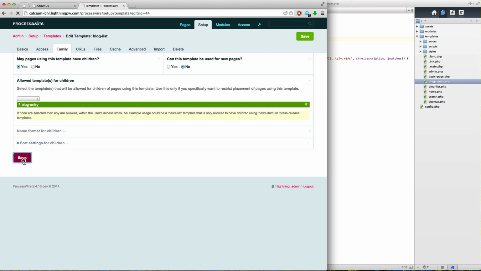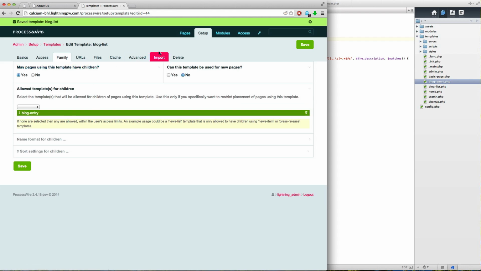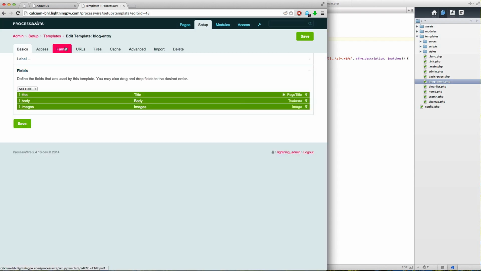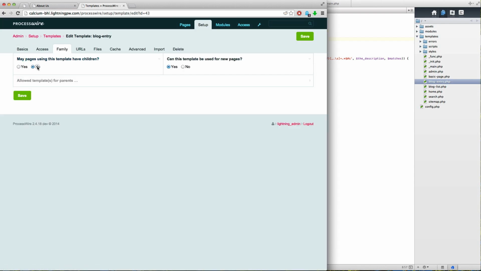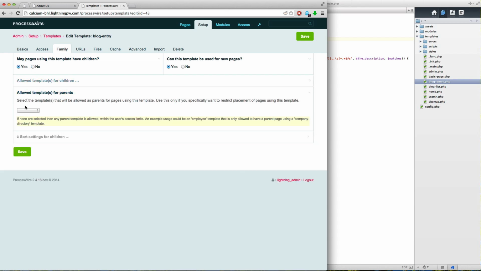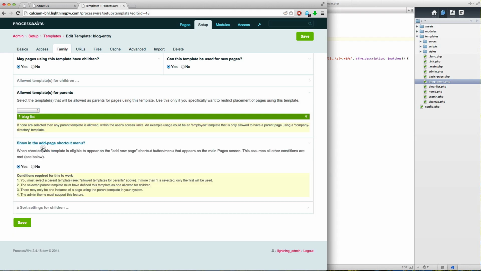So we click save, and for the block entry template we will say block entry can't have any children, and for the parents only the block list is allowed. So this will appear here, and if I click save, you should be able to see